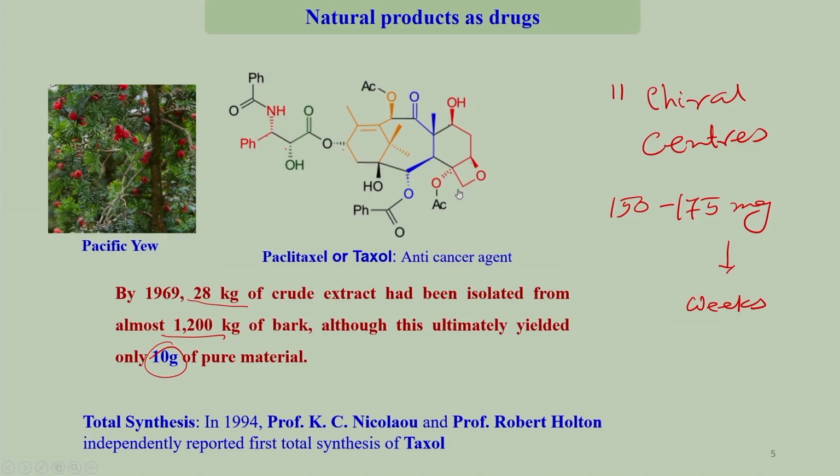For the medicinal chemist or the natural product chemist, the process is something like this. Many of the drugs that are available in the market actually originated from natural sources. And how did they come into the drugs? What scientists do is they first isolate the compounds from different trees or plants.